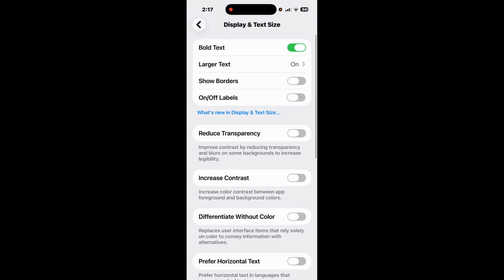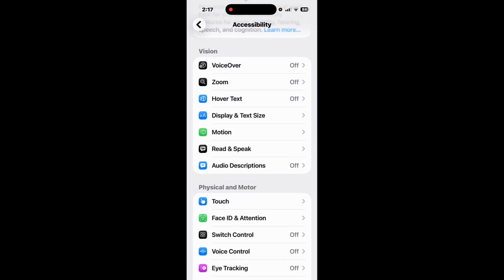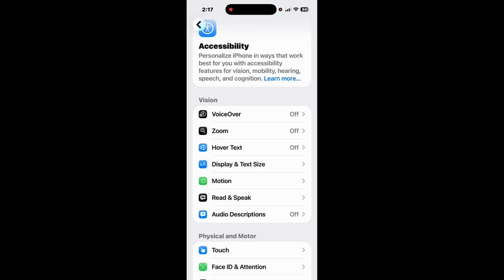All of this is under display and text size, which is under accessibility in your iPhone settings. Again, I recommend you go experiment with it and see what features and what settings can be beneficial to your